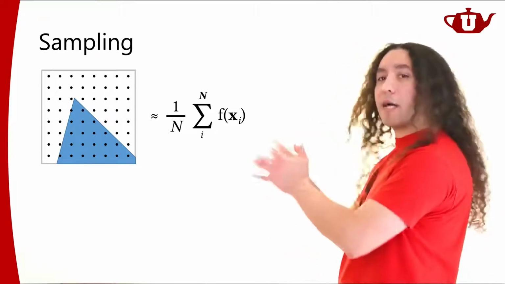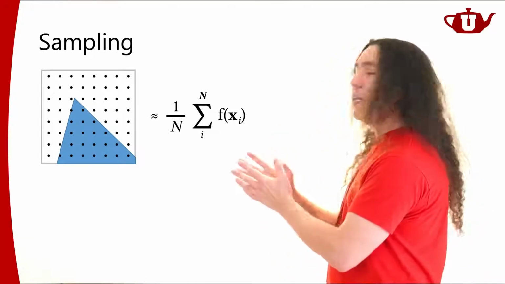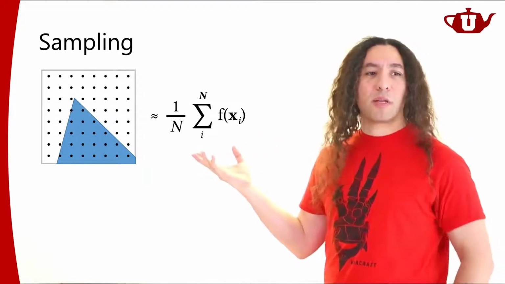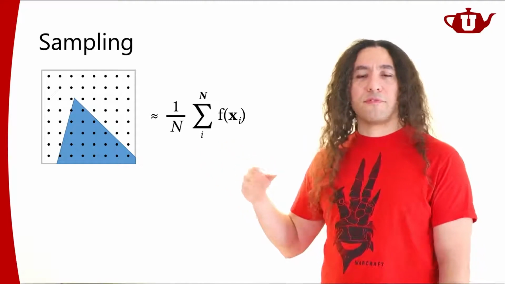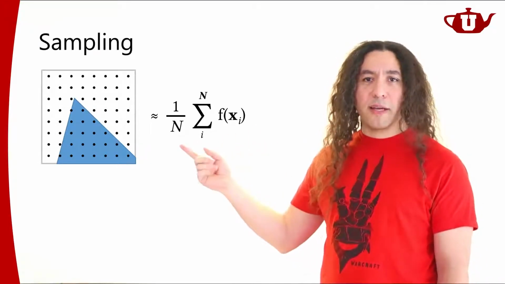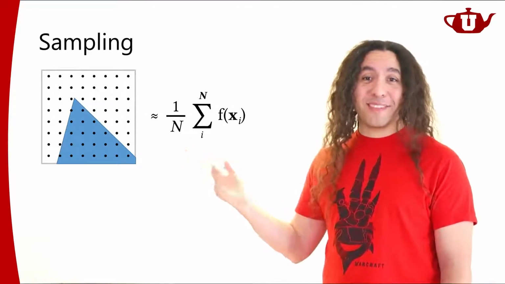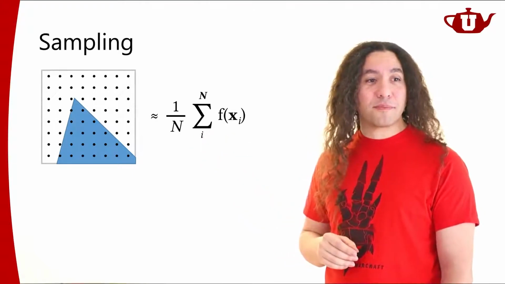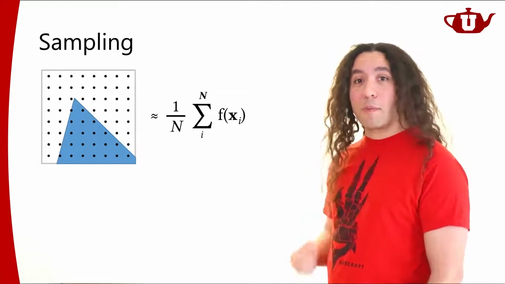So this is the concept of sampling. I take a continuous integral and I convert it into a sum. All right, very, very simple concept. I convert it into a sum by taking a finite number of samples. Of course, the number defines how much computation you're going to do. It will also determine how accurate the final result is going to be. So this is how we're going to solve this problem.